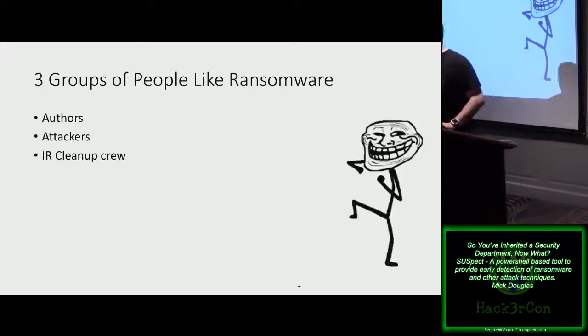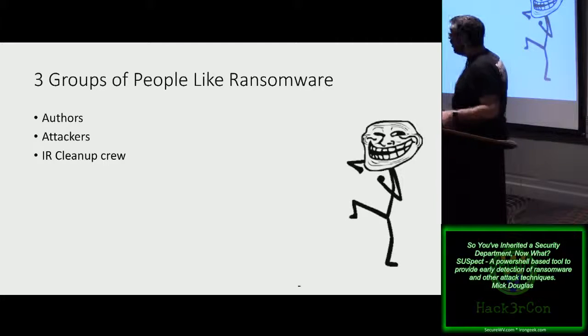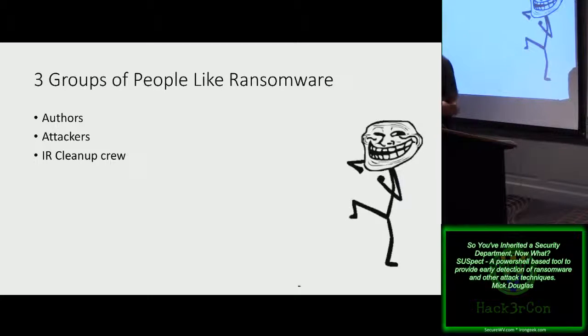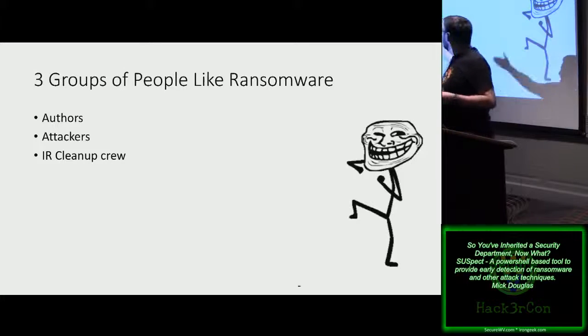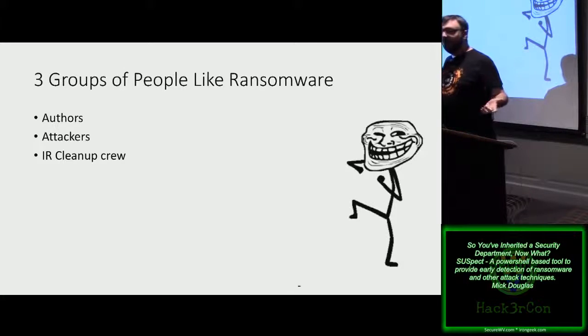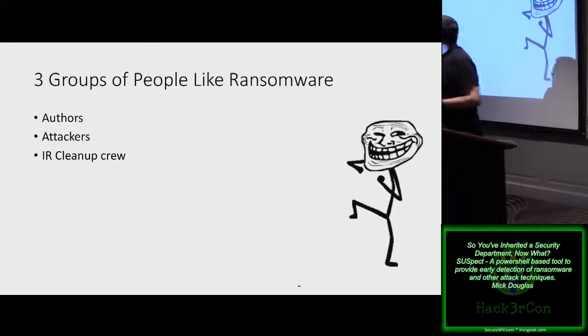So, without further ado, let's start talking about some ransomware. There's three different groups of people who like ransomware. You've got the authors of the ransomware who sell that to the attackers. They're making money. They're happy. Of course, there's the attackers. And they love getting those bitcoins. One thing that you need to understand is that the attackers and the authors are two separate groups. Writing the software is a different skill set than deploying the software or those ransom bots. So they are different skills. Different users tend to do those things. And attackers love using it because it just works.